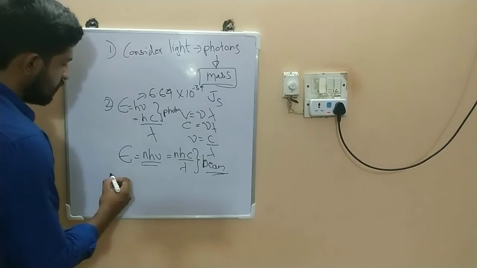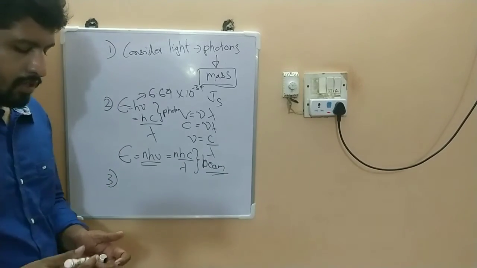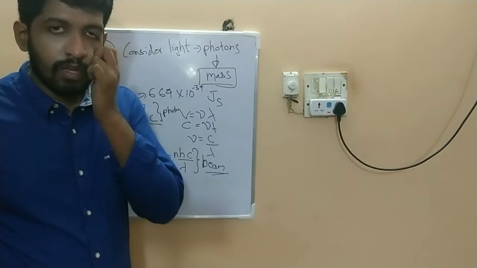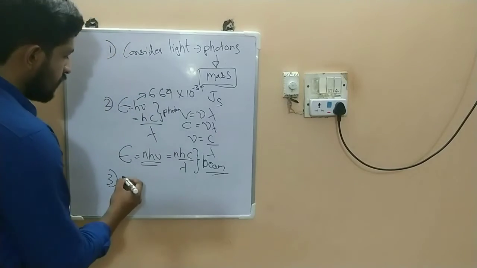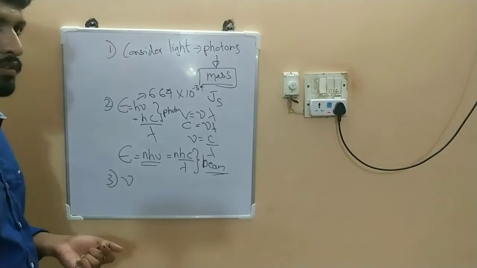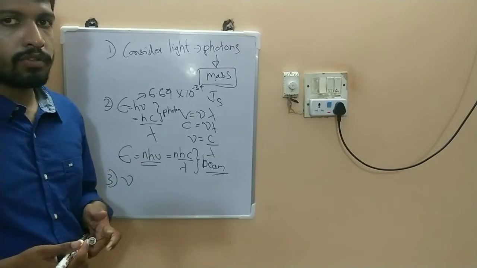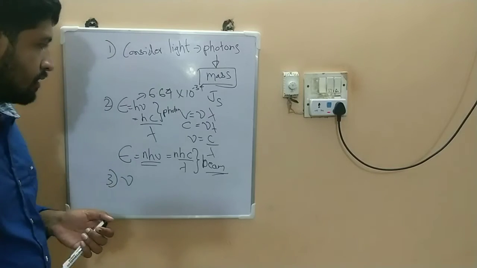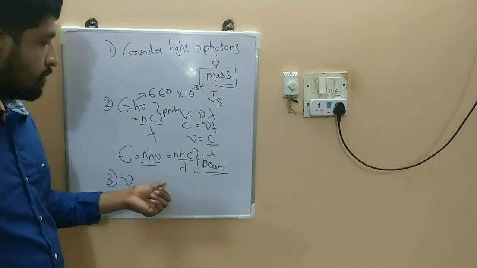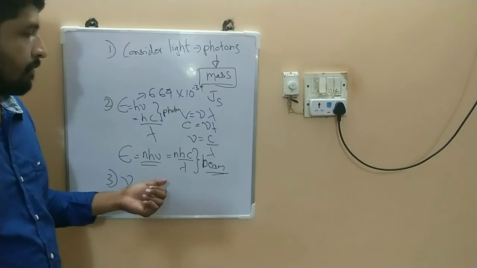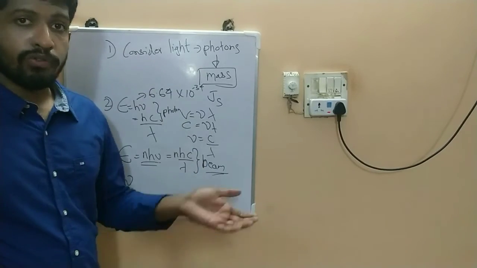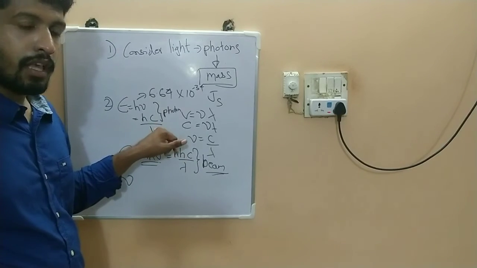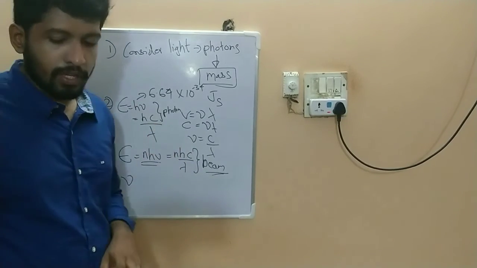And next, we all know that when frequency increases, the energy of the photon increases. So next is the relation with the frequency. When frequency increases, the nu term increases, and the energy possessed by a single photon also increases. Also, the energy of the light beam increases because the nu term is increasing. Hence, the total energy of the beam also increases. That is, the energy possessed by a photon increases, and also the energy possessed by a beam increases.